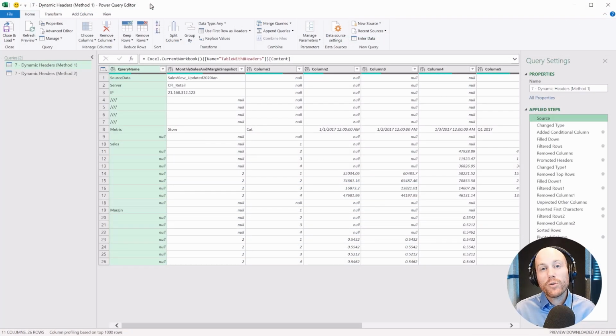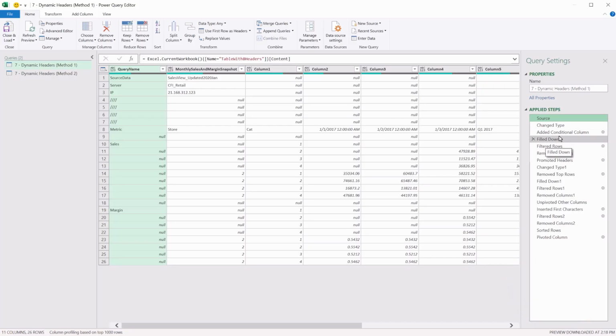Let's have a go at solving this final Power Query challenge, where we're asked to solve this problem with a dynamic number of useless header rows above our actual data. So this really represents an interesting problem-solving task where we have to think a bit differently from what we've done before in Power Query. The easiest way I can think of doing this, which isn't the most efficient, is to